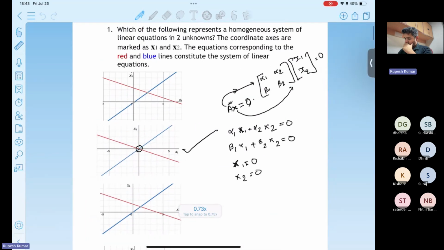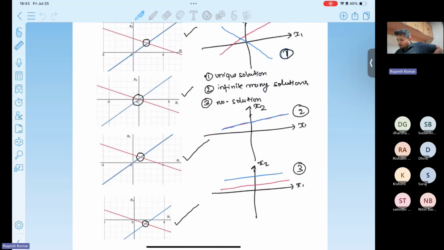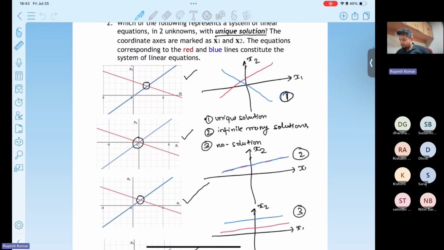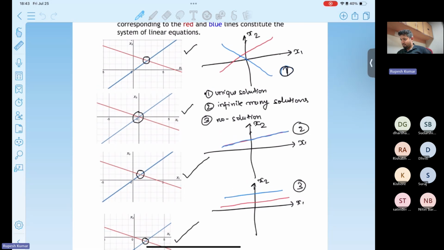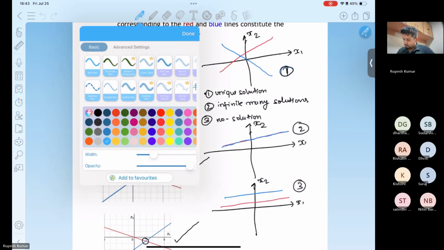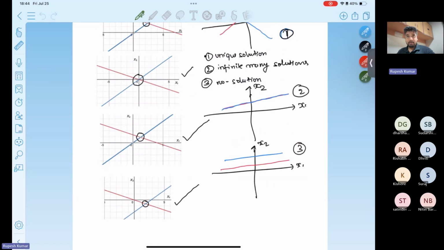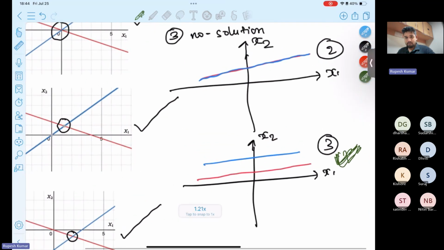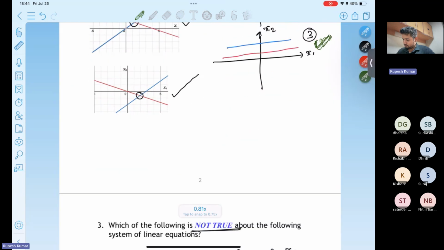Yeah. So we already saw this in the first lecture, right? First problem two. So we saw geometrically what it means if your system of linear equations has a unique solution, infinite many solutions, and so on, right? Fine. So if you want to find a system of equations which has no solution, you want to look at this scenario where the lines are parallel to each other, right?